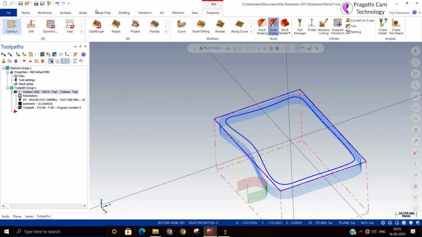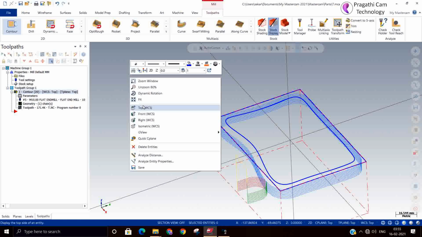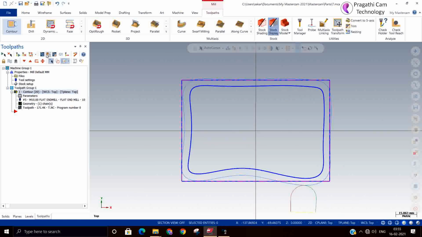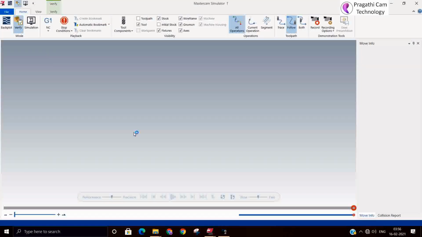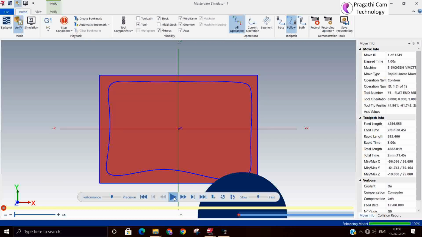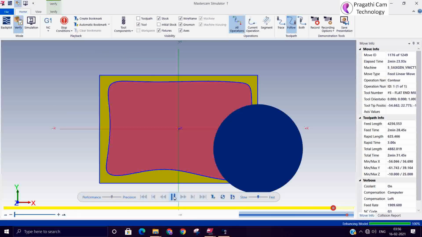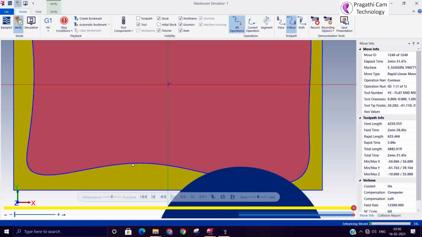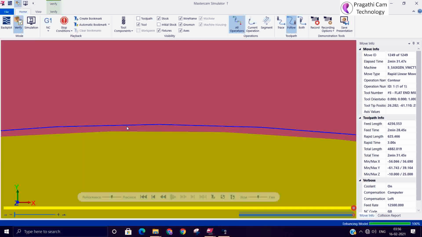If you go to top view and measure it, you can zoom in and see that 0.5 stock is available.